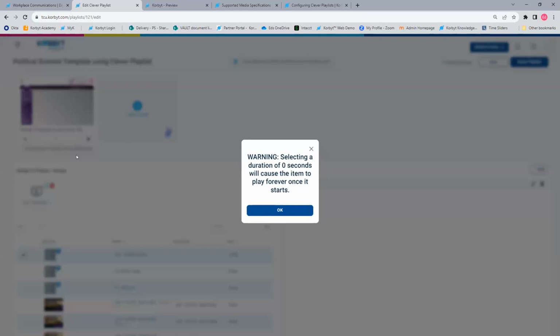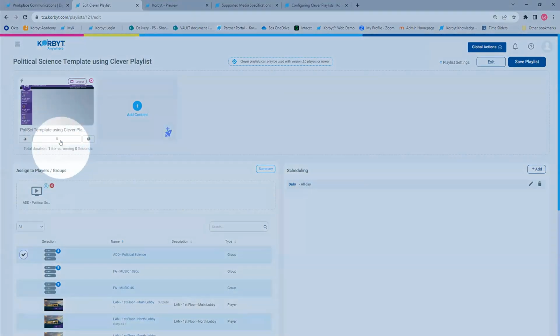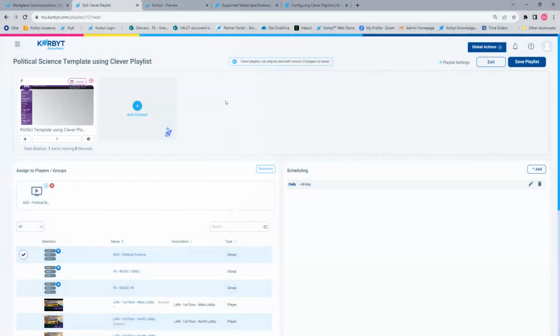If you see a 0 second item, what that means is once it starts playing, it plays forever until something kind of stops it, like the playlist not being active anymore, things like that. Some people think, well, I put 0, it shouldn't be seen. It actually does the opposite. It says it never expires. So it is a very hard control in the system, meaning that if you add more items now, they won't be seen. It won't rotate to them. So that's why this was set at 600 seconds.